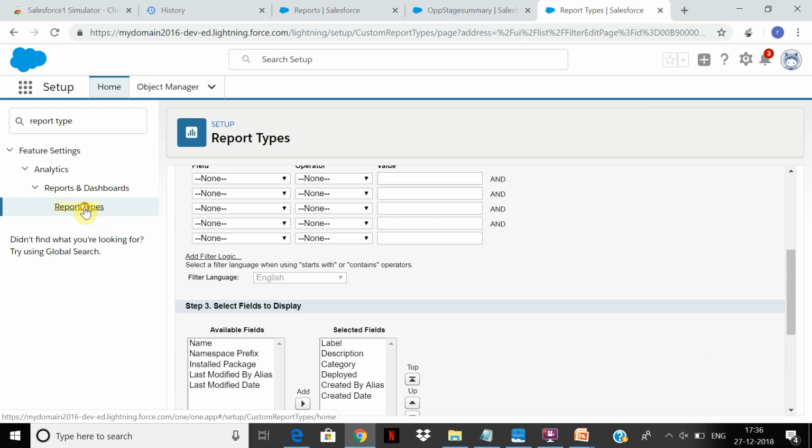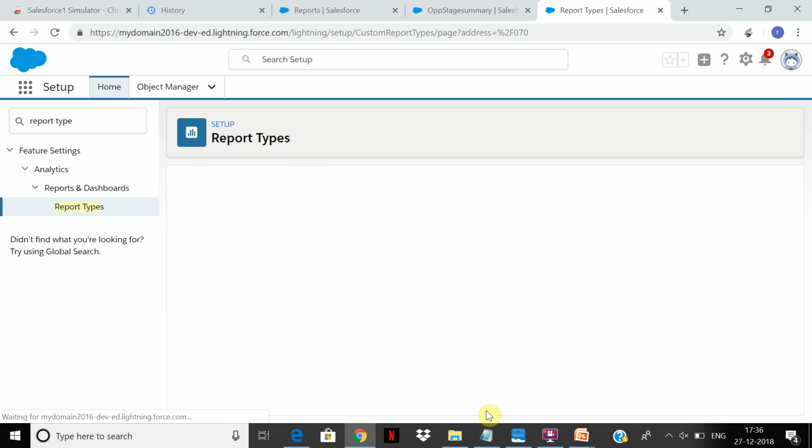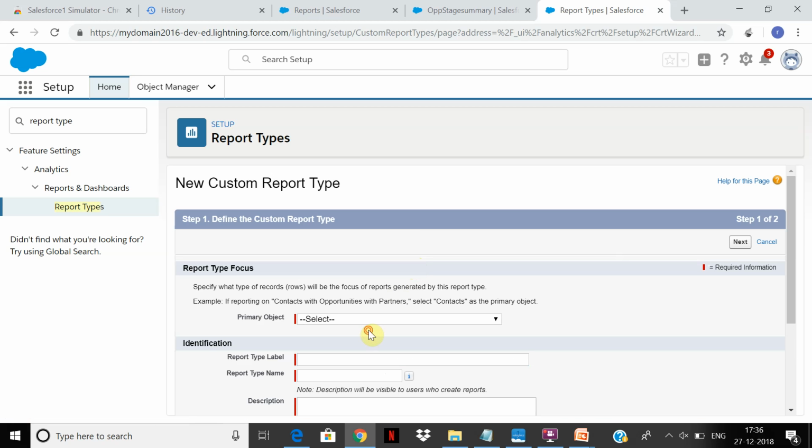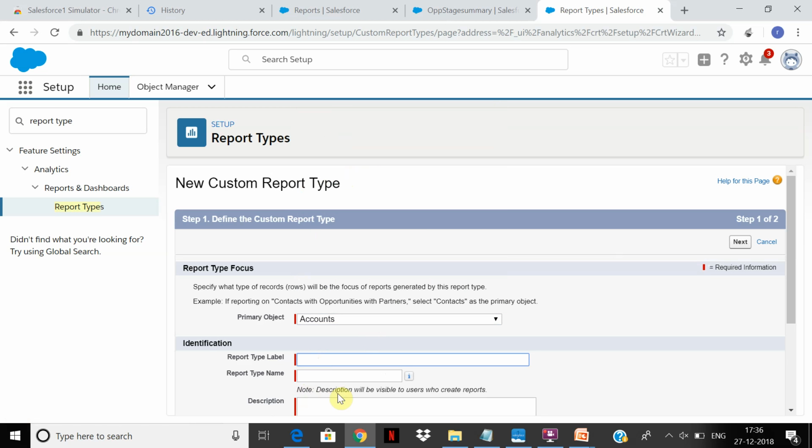So let's go to report types and create a new report type. The primary object is going to be accounts and opportunity.